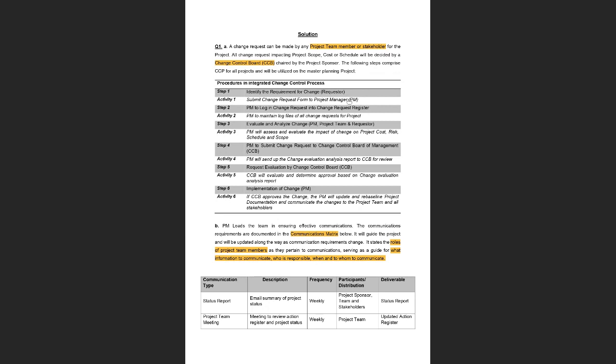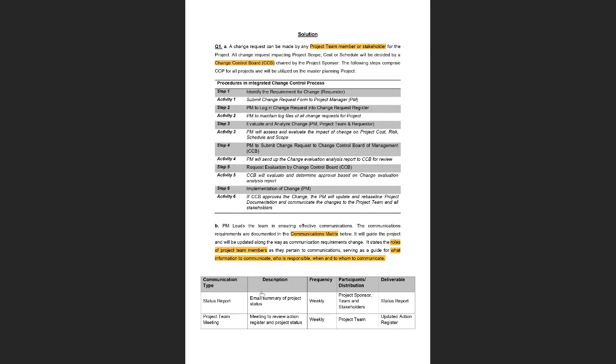All right, so typically in any project, when we want to draft a communication management plan, we can do that by using a communication matrix. Basically, this matrix contains the type of communication that we want to carry out in the project. Is it a written report, or a one-on-one team meeting?